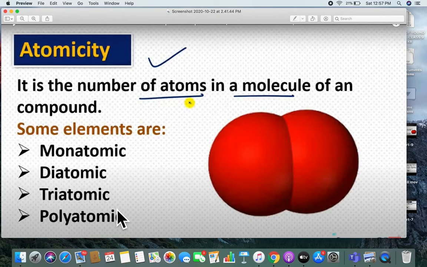So this property is known as atomicity. What is atomicity? It is the number of atoms in a molecule of a compound. So if I ask O3, what is the atomicity? It is triatomic. So after this, we are just stopping this chapter here, and we will start chapter 4,